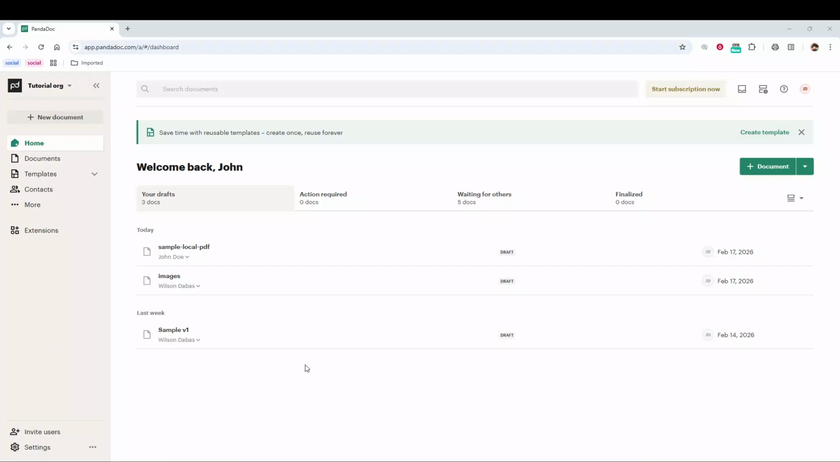In today's video, I'm going to teach you how to send a contract on Pandadoc. We'll walk through the full process together, from uploading your contract, to placing the signature fields, to actually sending it out for signing. Follow along on your own screen if you can, and feel free to pause at any point